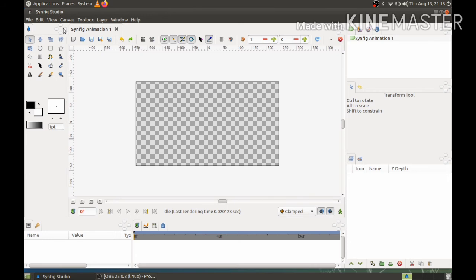This portion is called Toolbox. This is your main work area, and the checkerboard is your canvas. We will see all the different tools of Toolbox one by one, but let us see first the interface.